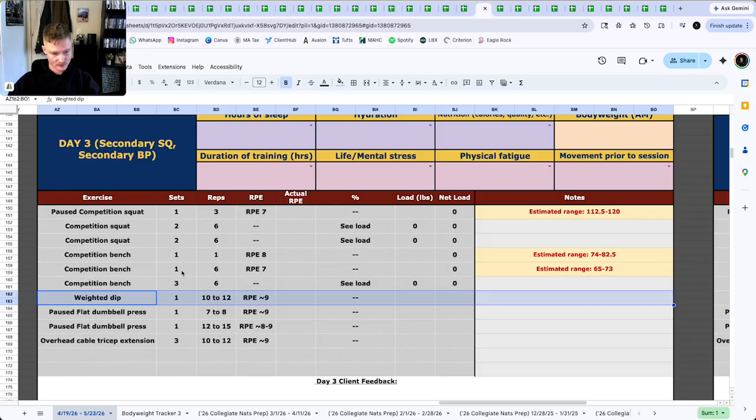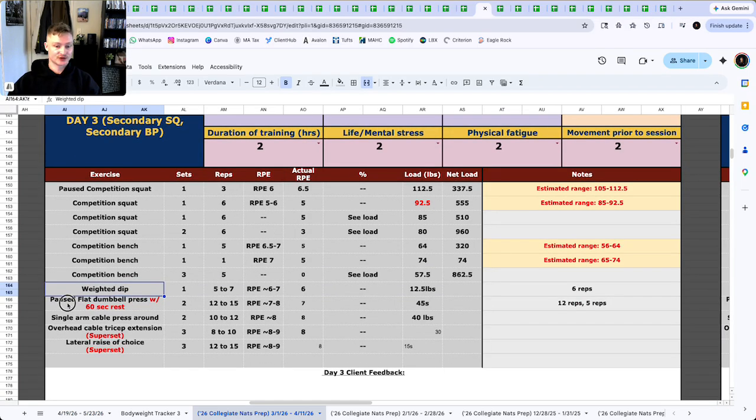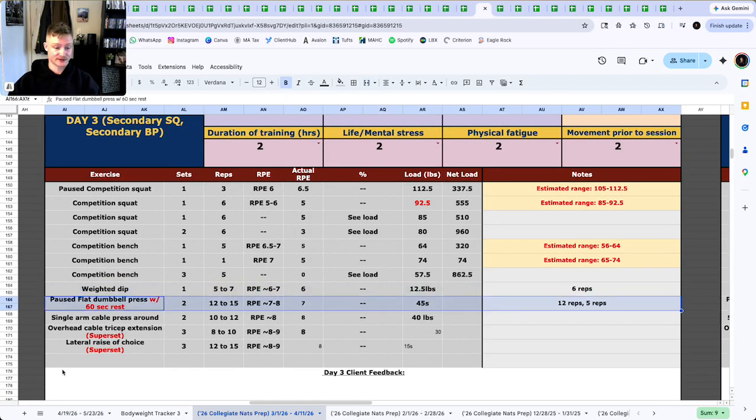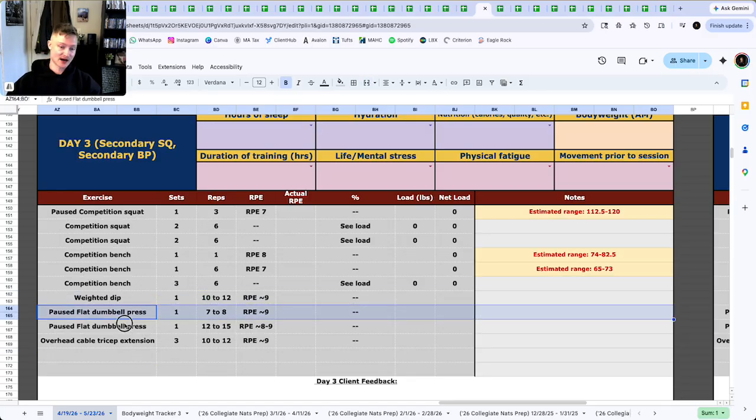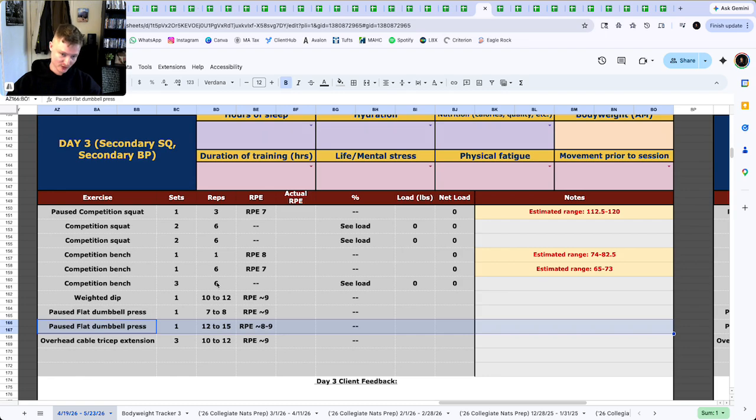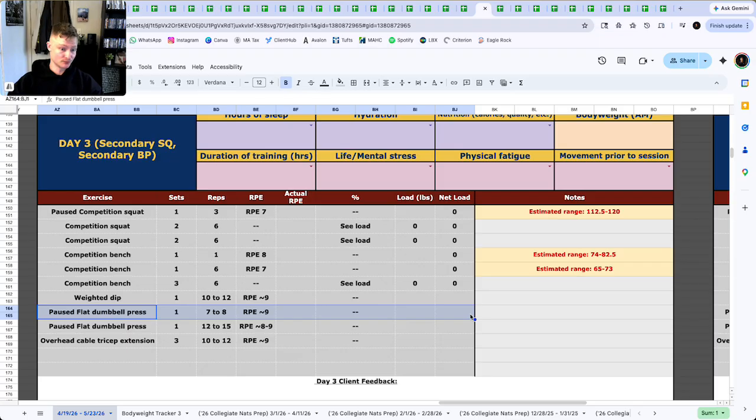Another thing we did here is we took the 2 by 12 to 15 on the pause flat dumbbell press we were doing before, got rid of the quick rest, so there would be a bit more capacity to handle heavier dumbbells here and have a higher quality set. But we added a bit of a top set and then higher rep set approach. So instead of just a 2 by 12 to 15, we're doing a bit of a heavier set here of 7 to 8 reps. So more opportunity to push the dumbbell press, more opportunity to touch heavier dumbbells, etc. So again, really simple ways to progress accessories.